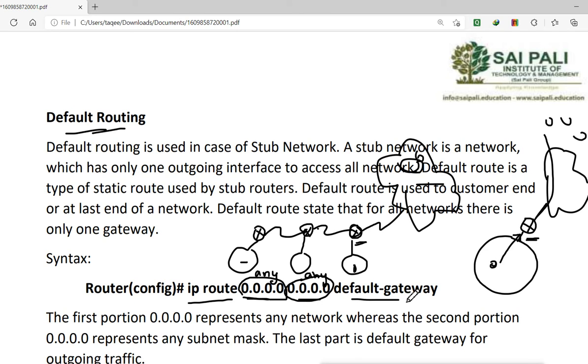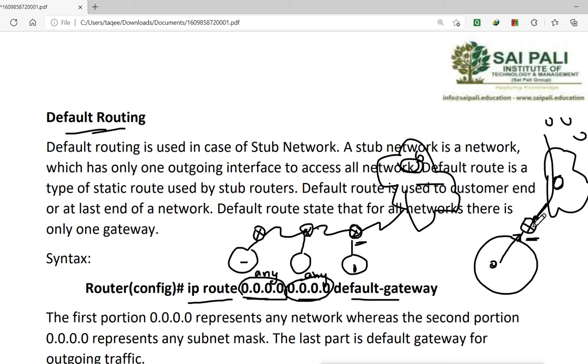Now what does this gateway mean? For this router, where we have only a single router, we don't know what the next hop is, because the next hop is in the internet cloud, the WAN cloud. So instead of the next hop, we will mention the outgoing interface name here. Remember, we can mention the outgoing interface name also.